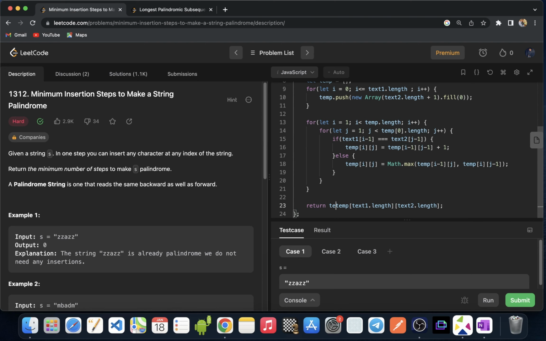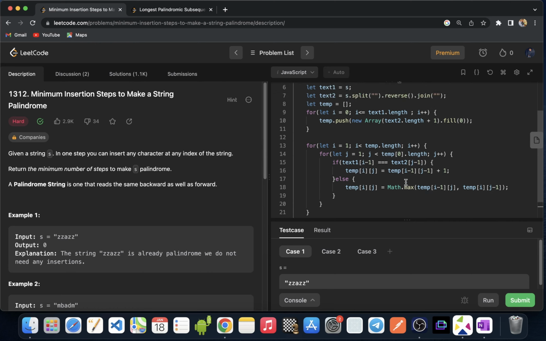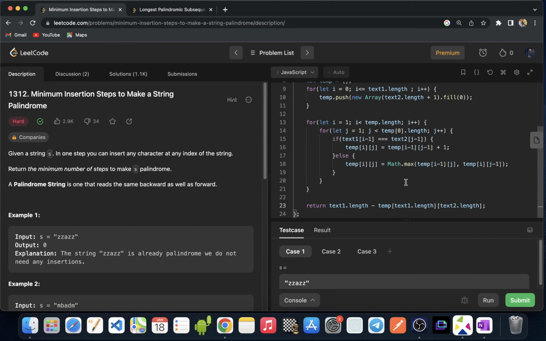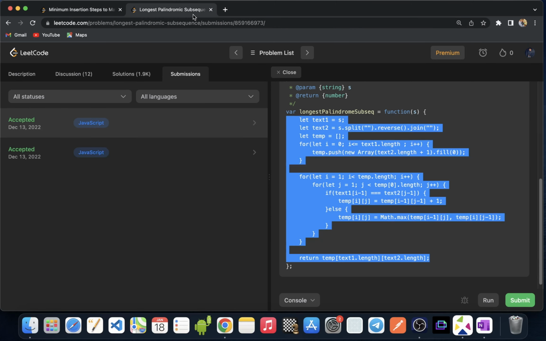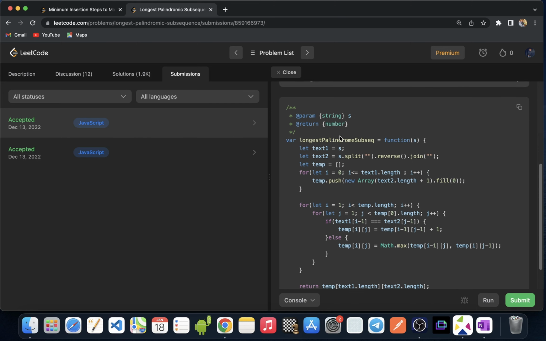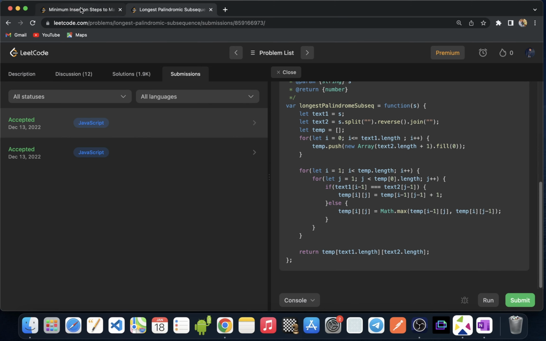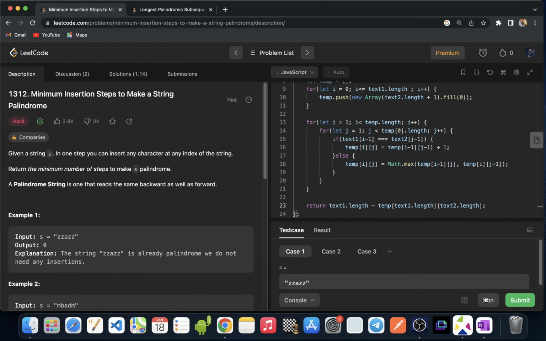So it will be text1.length minus temp of text1.length and text2.length, which is the value present at the last row and last column. And the whole code is as it is, which was present in the longest palindromic subsequence question. So if I run this,